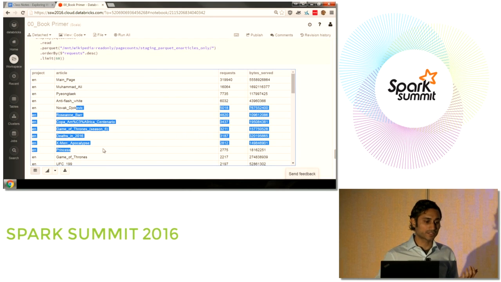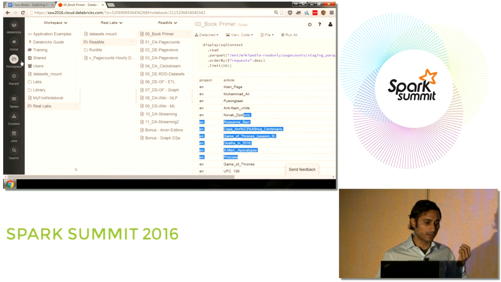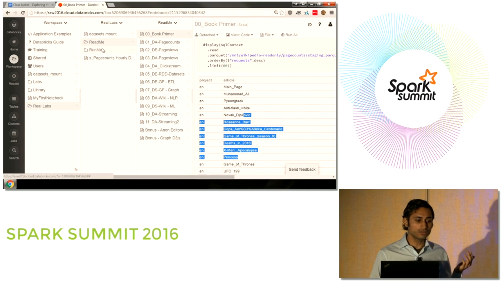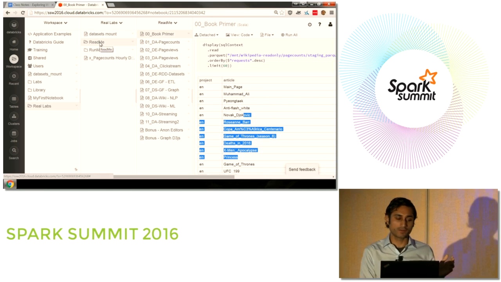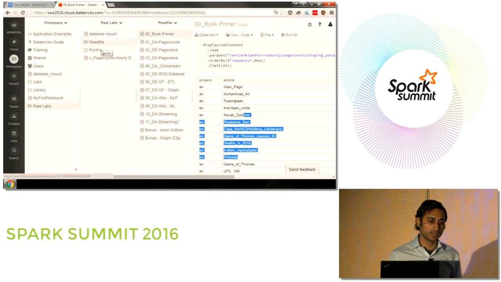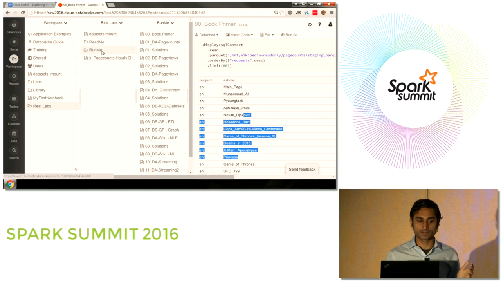Okay, but that's not as fun. Usually you want to be able to run the code live and then see the results appear after you run the cell. So the only reason you're going to want to be in the README version of the notebook right now is if you don't want to actually run any of the cells. You just want to sit back and scroll through the notebooks and see all the results already there. However, for the majority of everyone here, like 95% of people, I recommend going to the RunMe version,